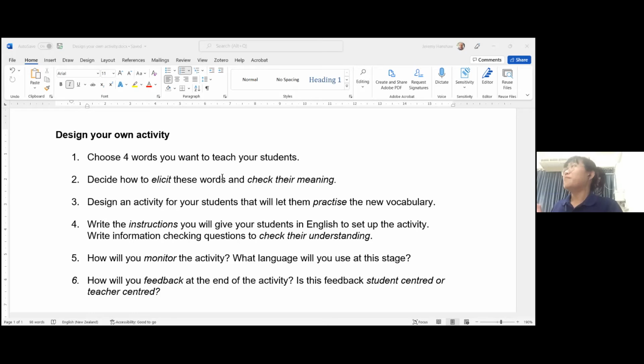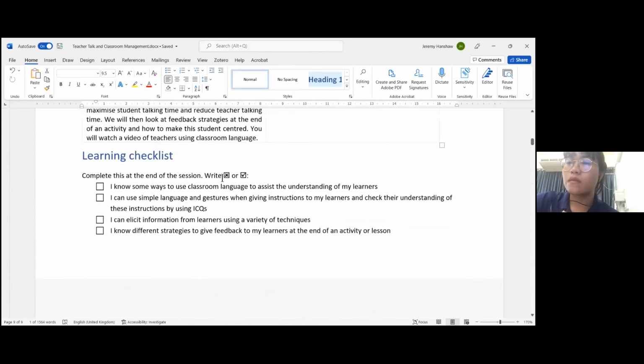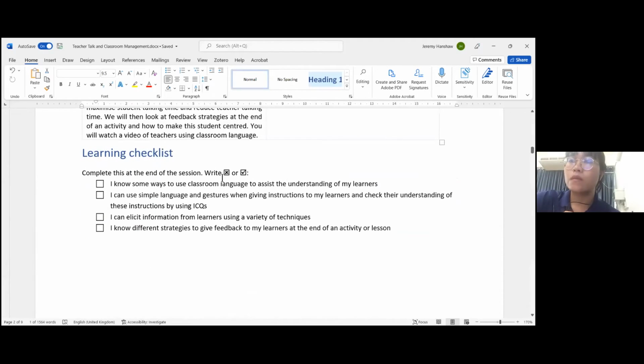Right. Our final thing, if we go back to our worksheet, if you have a look at the top, we have got the learning checklist. You can do this in your own time, but hopefully by the end of this session, which we're now at, you are able to tick all 4 boxes. Right, colleagues, that is the end of this workshop. Thank you for your interest and your participation. It's been a pleasure to work with you. I will now hand over to the facilitators to conclude this session.